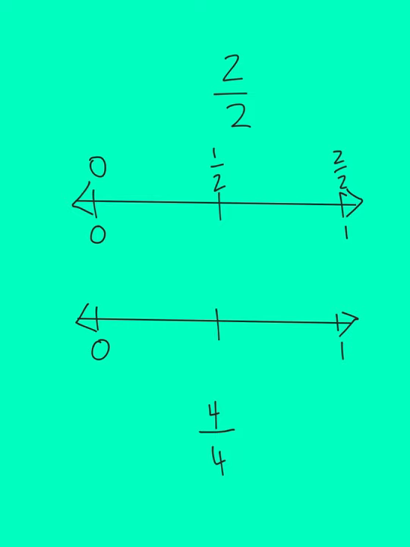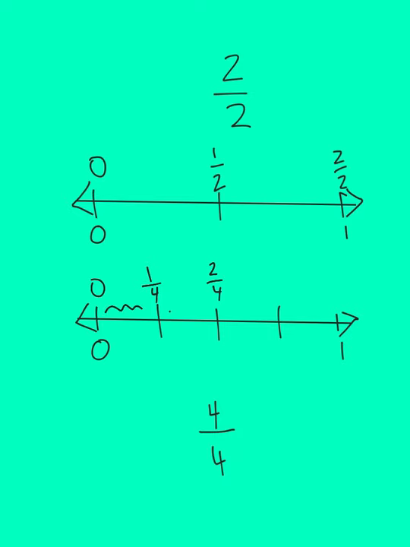So we're still going to split it in half, and that's still going to be in the same spot. But then we're also going to do 2 more lines so that now we have our number line split into 1, 2, 3, 4 pieces. So now we are going to go through and label those. This is going to be just 0 still. This is going to be 1 out of 4. This is going to be 2 out of 4